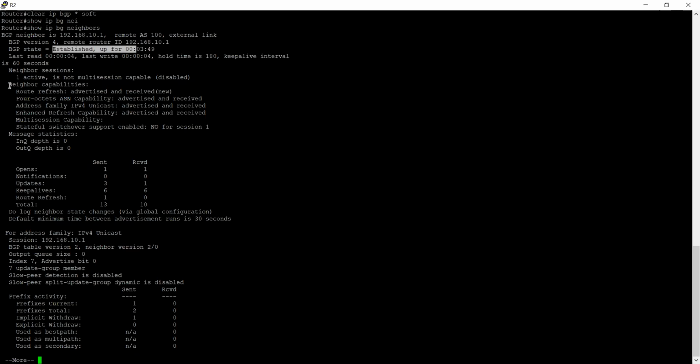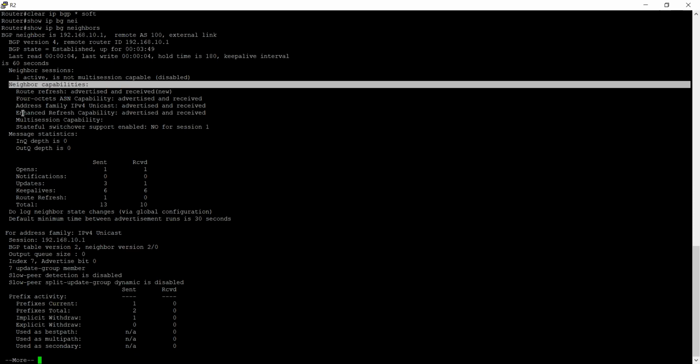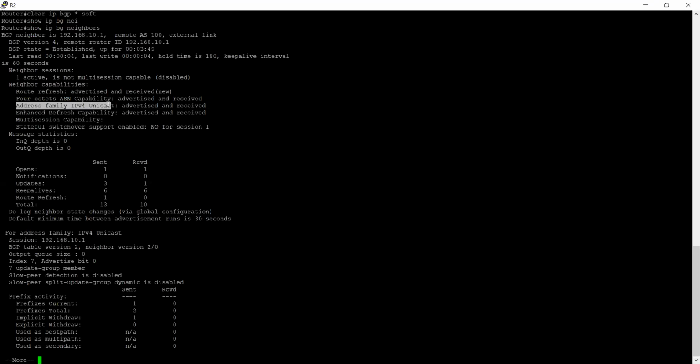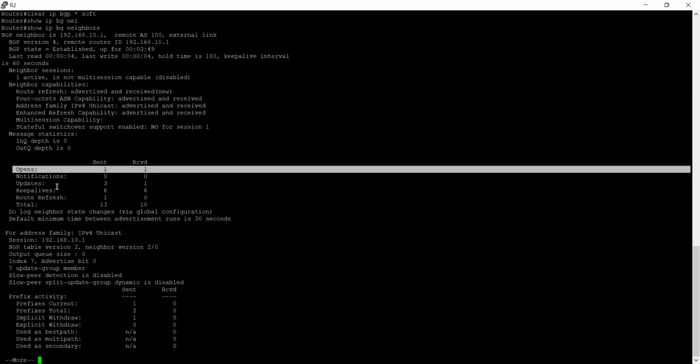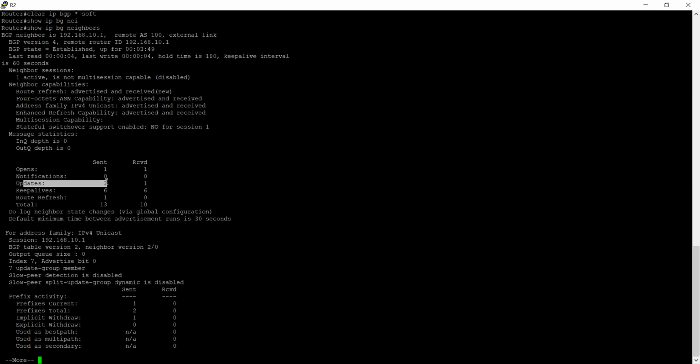Next is what I saw in Wireshark, the neighbor capabilities. These are steps like your route refresh. They are sending in the open message the address family IPv4 unicast, enhanced route refresh capabilities, like route refresh, soft inbound, outbound, how you are doing it without interrupting the peer. Then I have seen the notification message they send and receive, one notification sent and received. Then updates. Now I have advertised one of the networks and it is showing the updates, three updates, because usually they send only one, but now I advertised two networks, so it shows three updates.